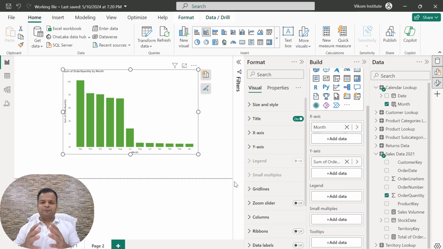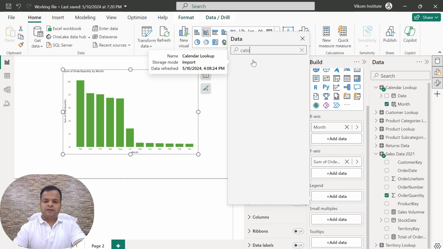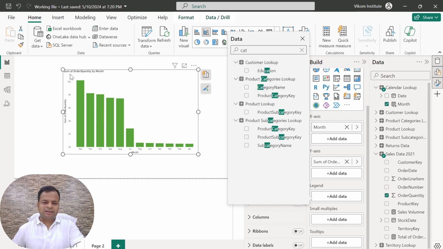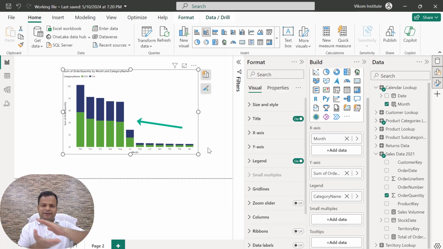Let's say I have two products in my data, 1 and 2. So I am going to add, let's say, category name in it. What it is going to do is split my whole chart into two parts. Let me show you how. Here I am going to add legend category name. Now you will see my whole chart is divided into two parts. The below one is the product for EGW, and the upper one is the TAA. So here are the two products.